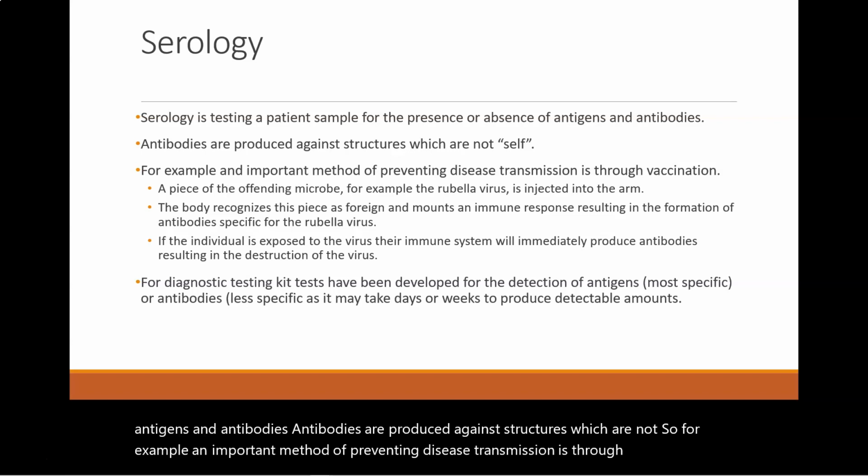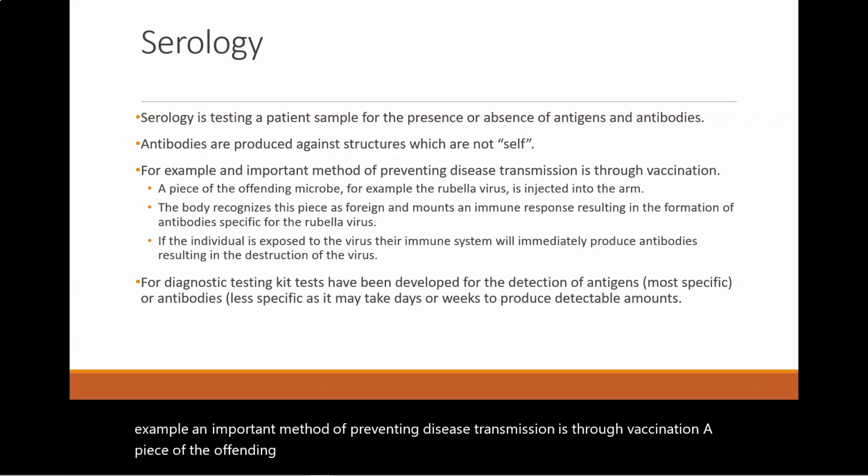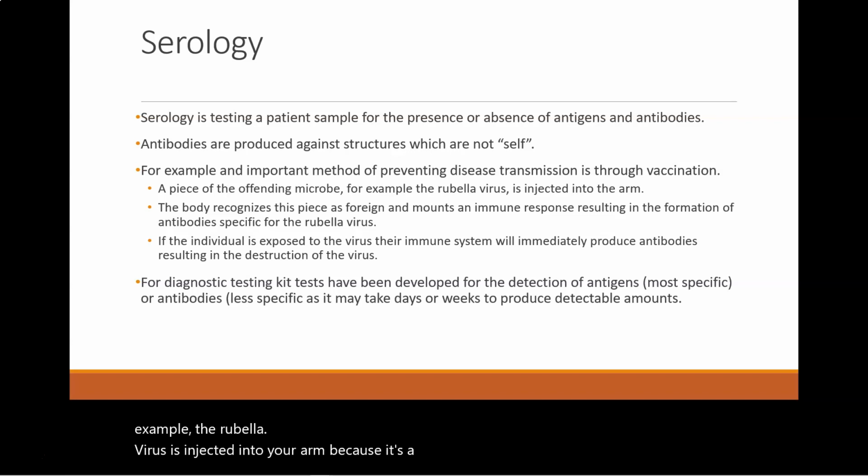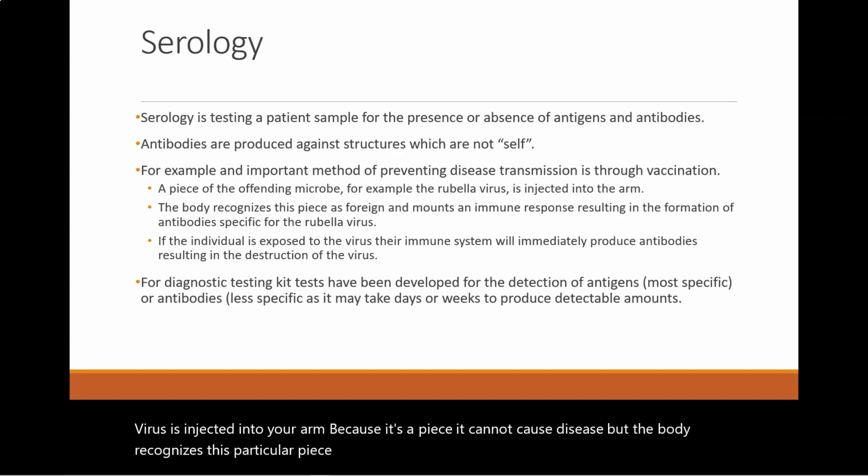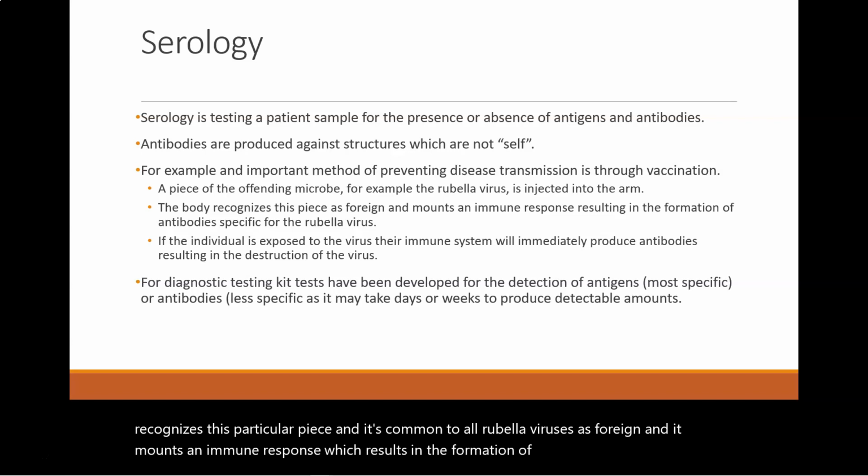A piece of the offending microbe, not the whole organism, but a piece of it, for example, the rubella virus, is injected into your arm. Because it's a piece, it cannot cause disease, but the body recognizes this particular piece, which is common to all rubella viruses, as foreign, and it mounts an immune response, which results in the formation of antibodies specific for the